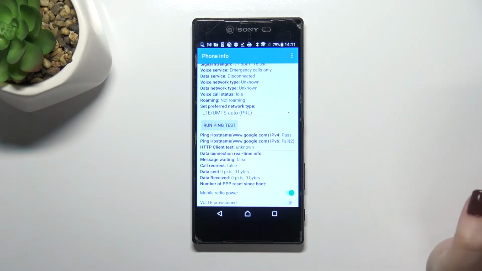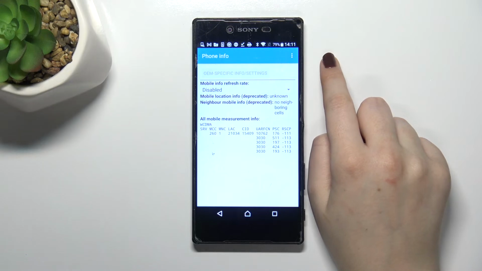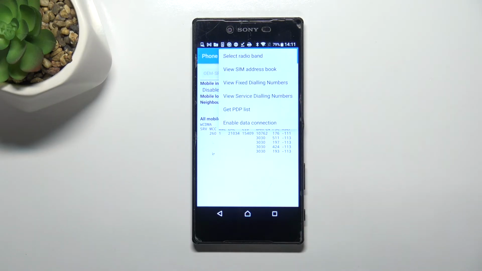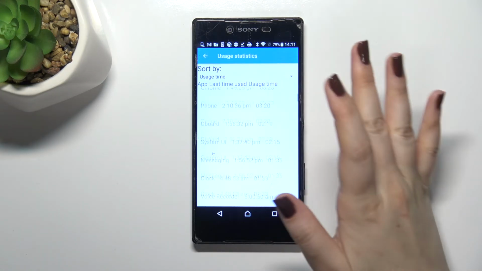We can also run ping test here. As you can see, we've got the results, and after tapping on the three dots icon in the right upper corner, we can also view SIM address book, of course, if you've got the SIM inserted again, or you can enable the data connection. Now we can go back and check usage statistics, and as you can see here, we've